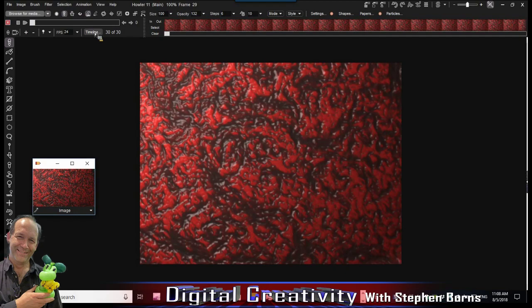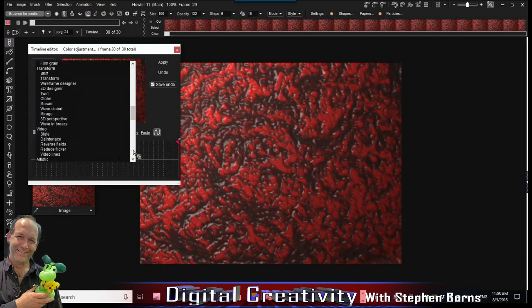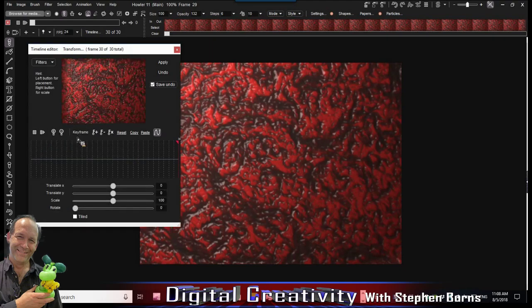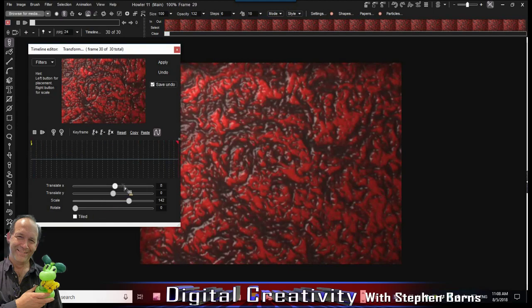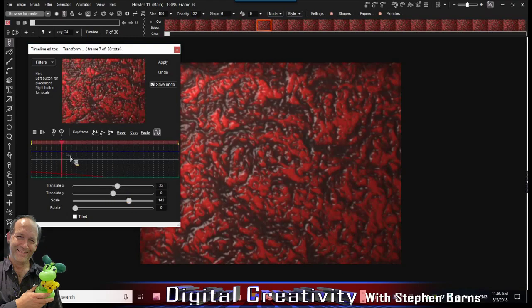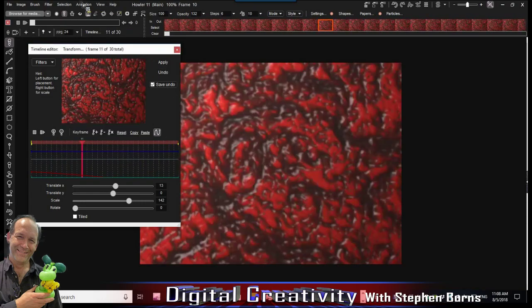And animate the timeline. See, transforming it. Yeah. Roughly from here, first frame, and to the other side, to the last one. Okay, so apply that. Store